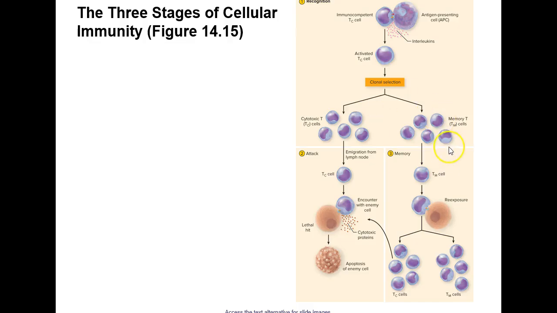And so these will remain in your body even after you are done clearing the initial infection, and they help develop a memory of that pathogen so that if you're ever re-exposed to it, you have a memory of it, and now your T cells know exactly what they need to do to fight off that pathogen. They have a memory of it, and so they can go through this clonal selection process much more quickly